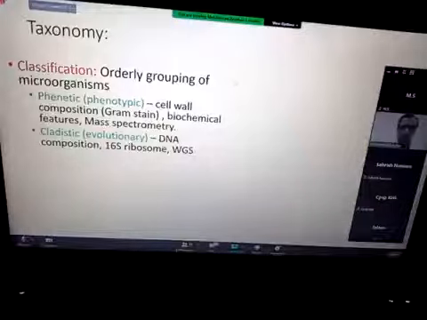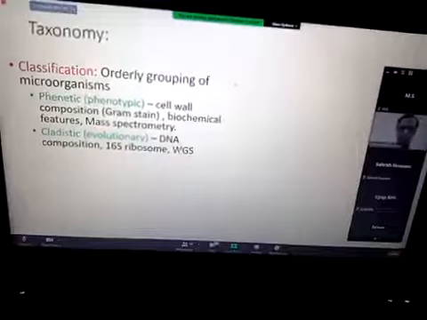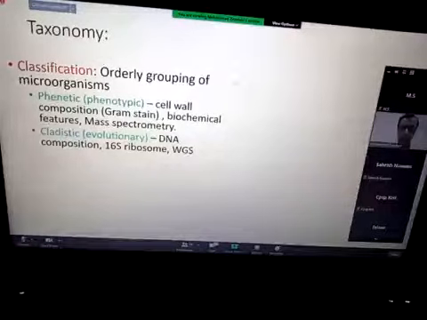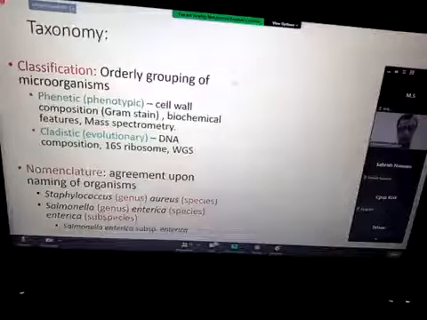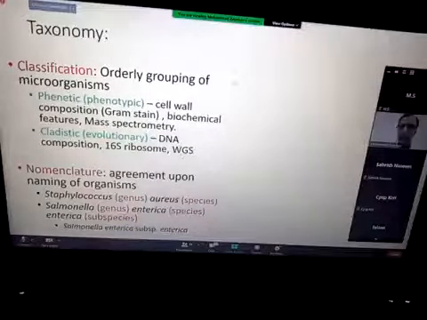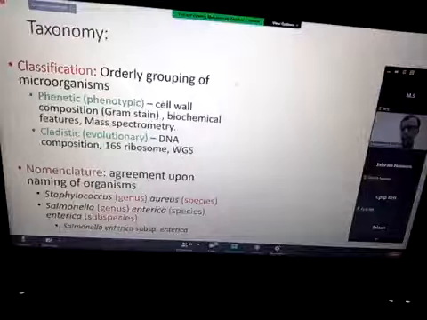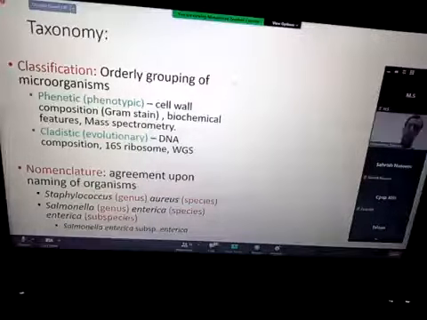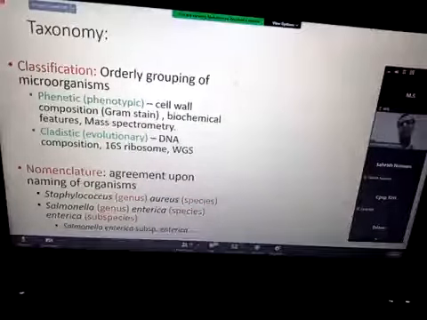So phenotypic methods will probably be redundant in a few years. Now we classify organisms on the basis of WGS, whole genome sequencing. We sequence and arrange the genomes as a whole, and we classify